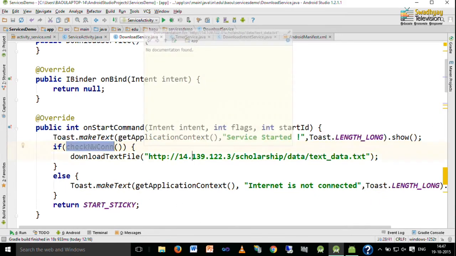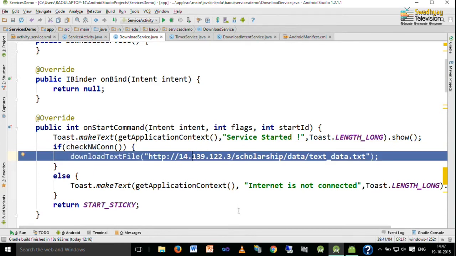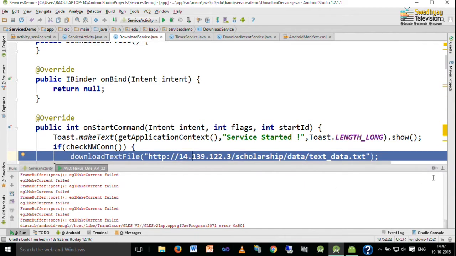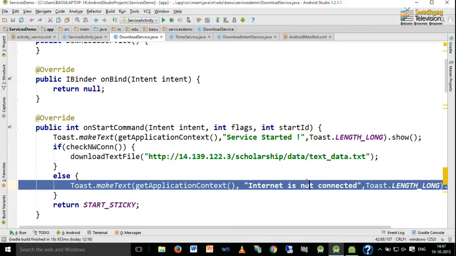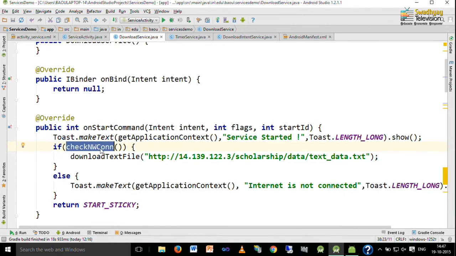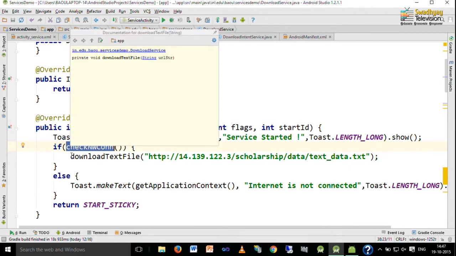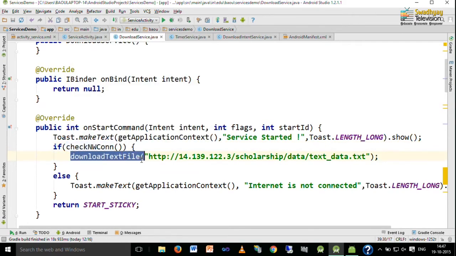If it is available, we try to download the text file with the specified URL, and if a network connection is not available, we simply display internet is not connected. Now, this check network connection function we have already discussed in the networking session, and we have also discussed download text file and download image file in the networking session.